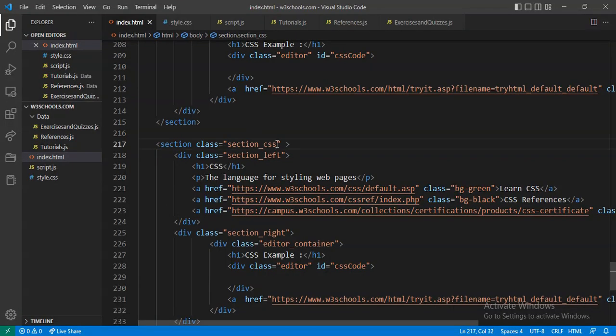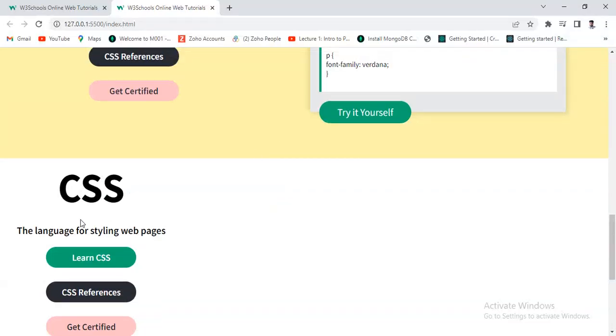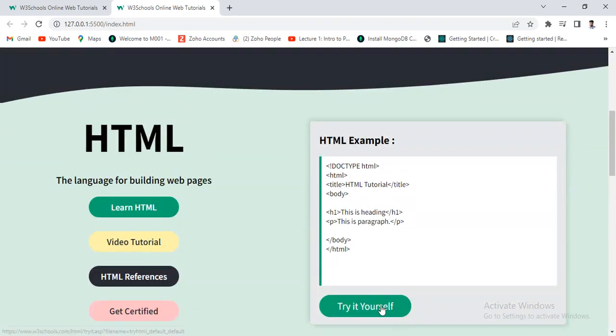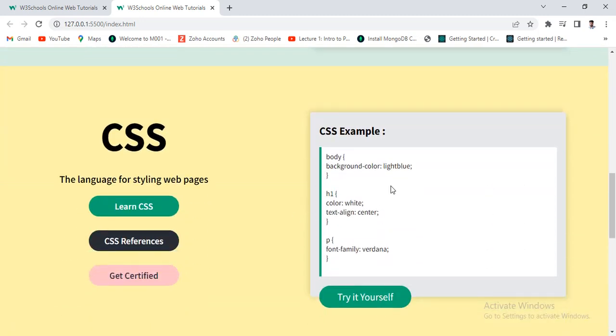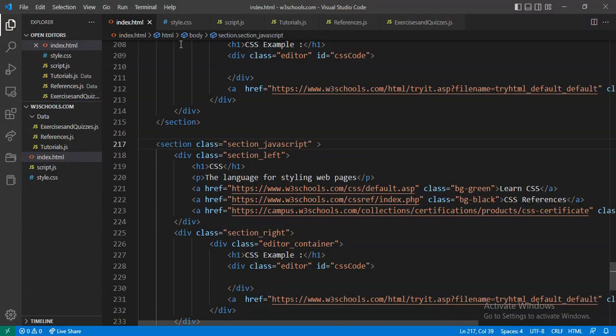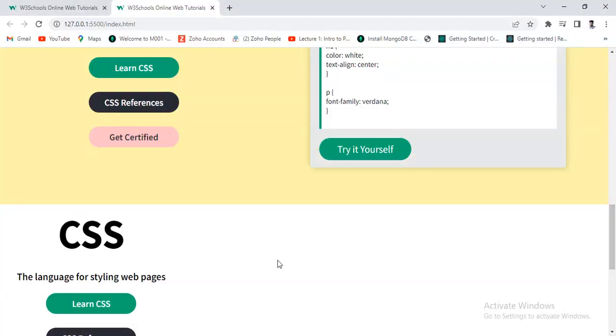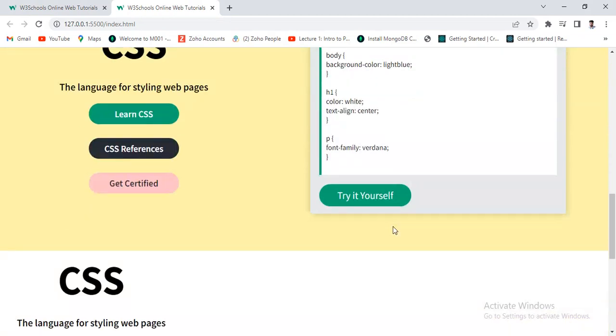Only I want to change, first of all, this is JavaScript, and what is happening here, you can see the content will be out. Okay, I had given this 100 pixel top. Yeah, now